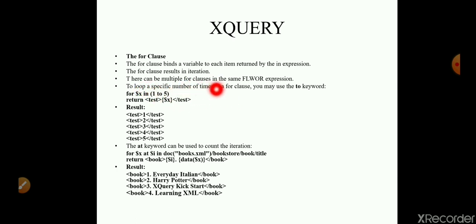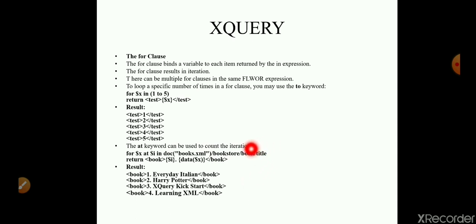There can be multiple for clauses in the same FLWOR expression. So this is the example: for $x in 1 to 5, return test $x. So this is the result of this query.